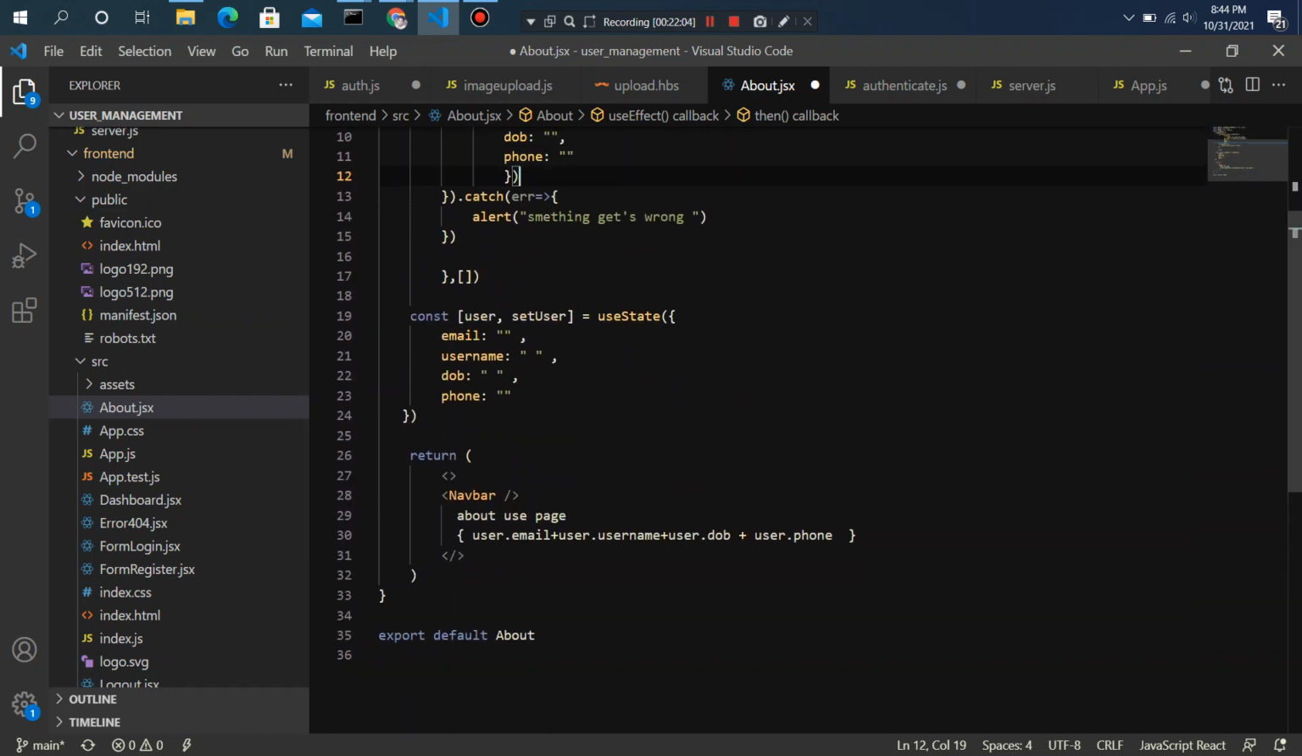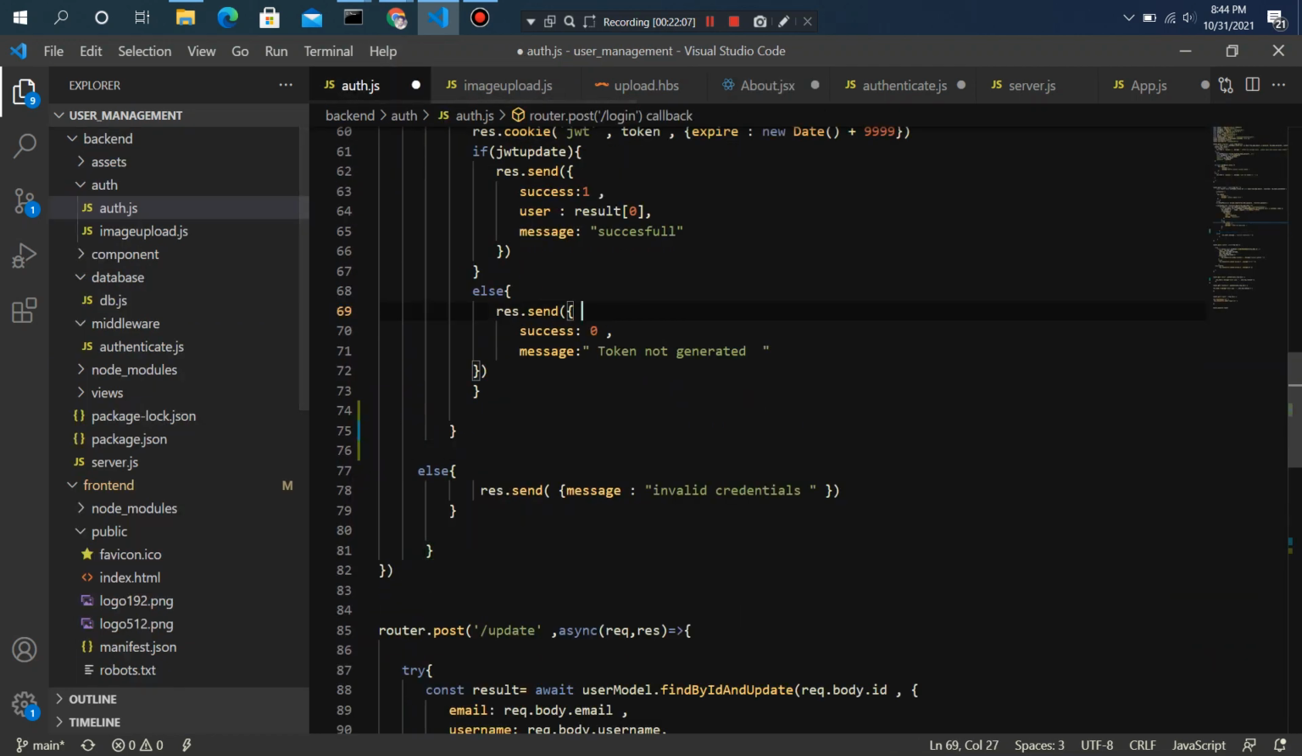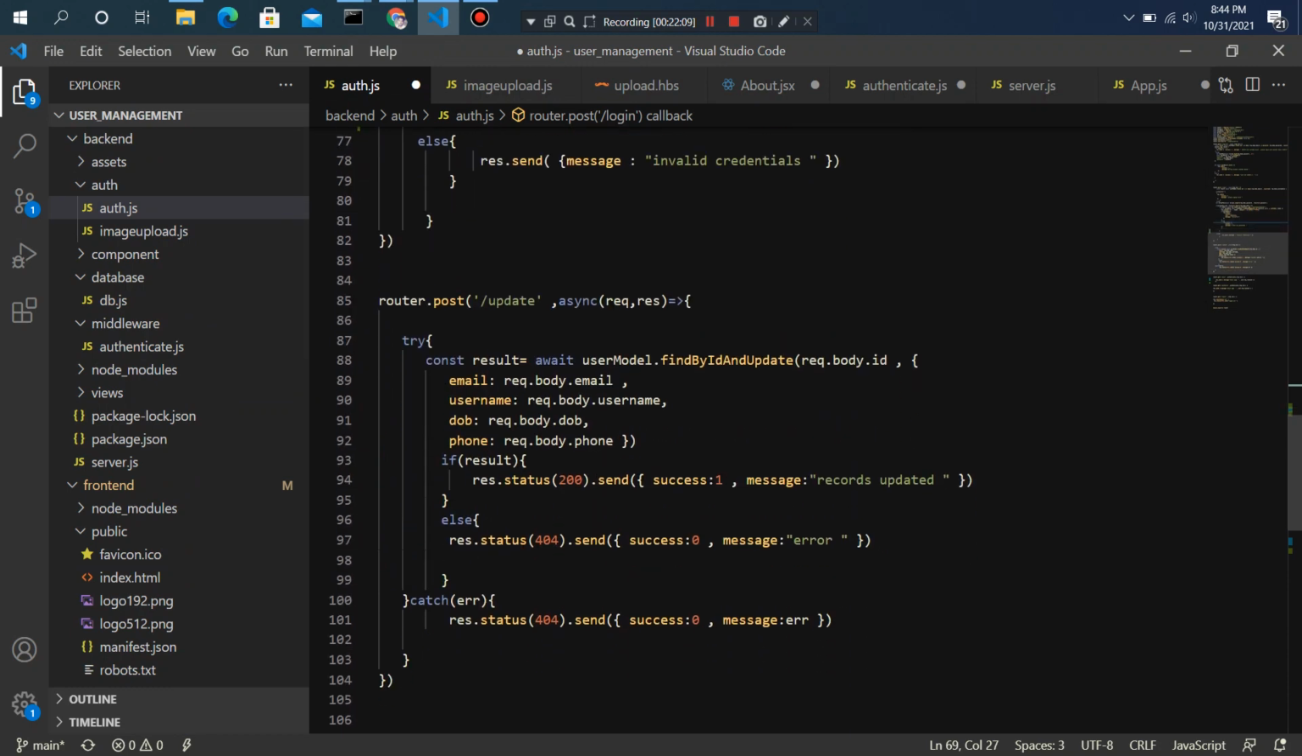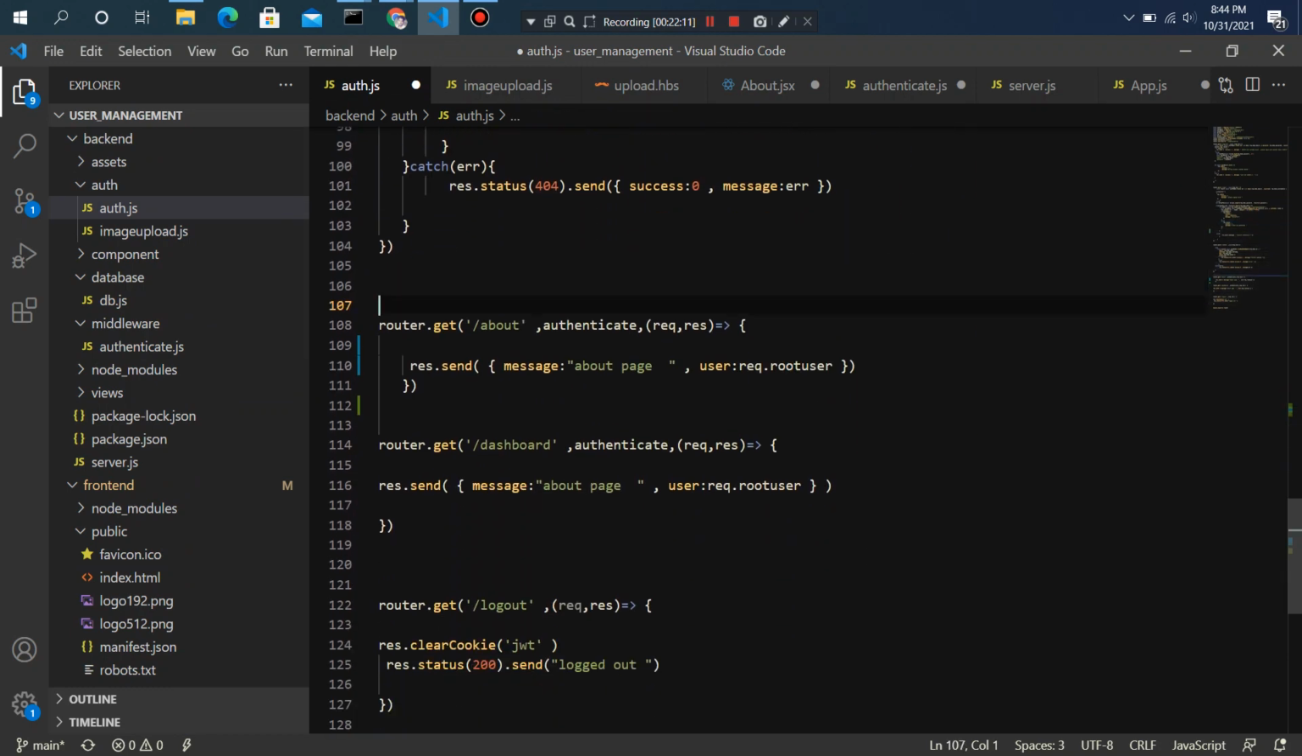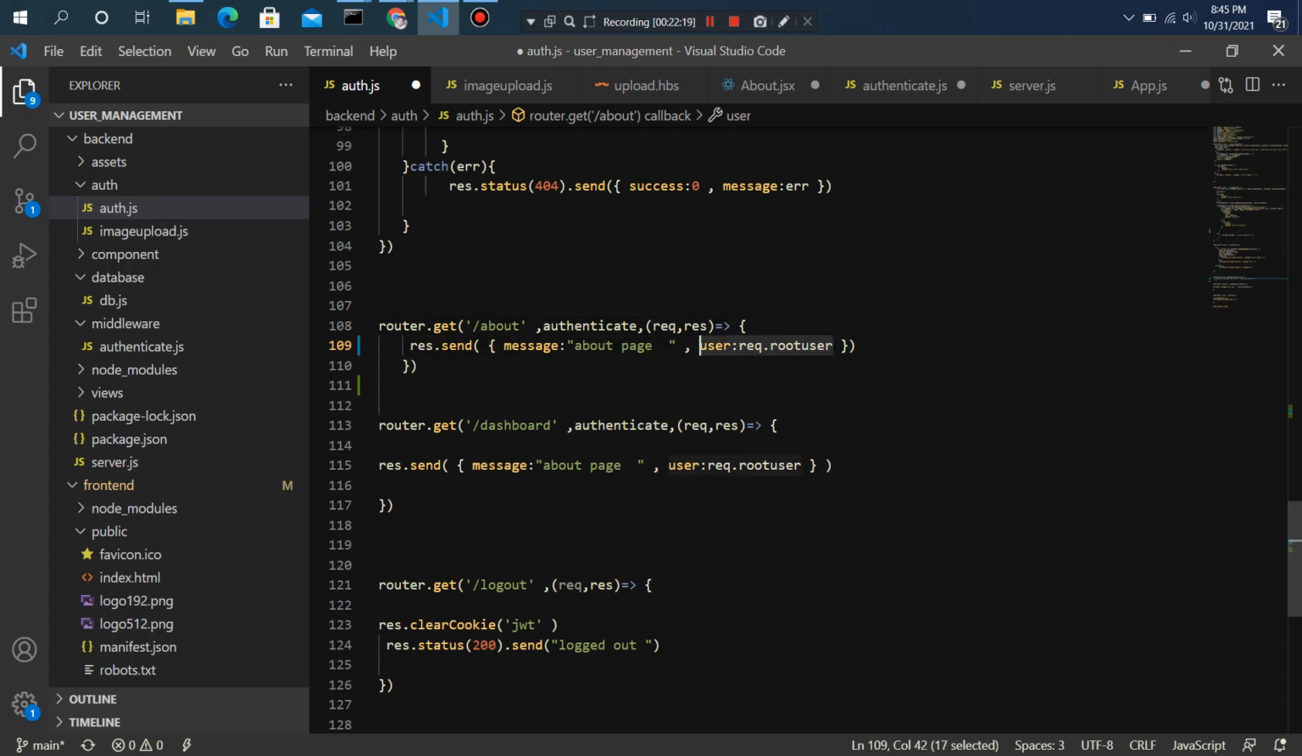Now look at the about route. Here it is, about, and I used the authenticate middleware, and if we get a successful result, it will send a response to that page, with a message and user data, where all the data of that logged in user will be there. So in that manner,